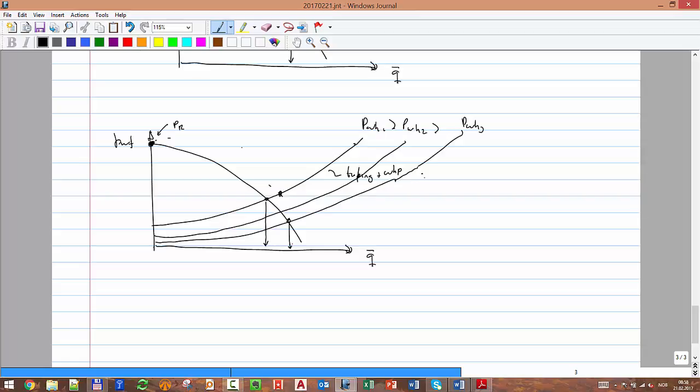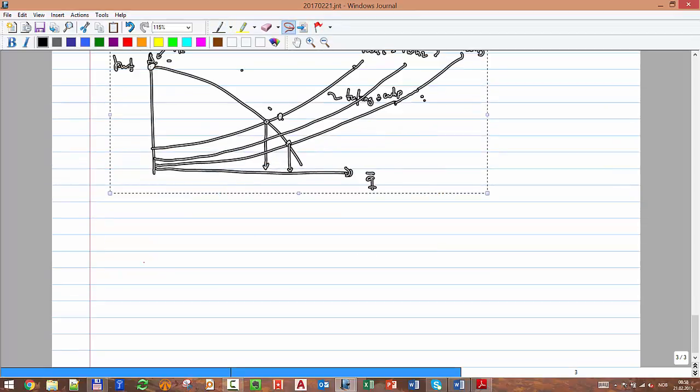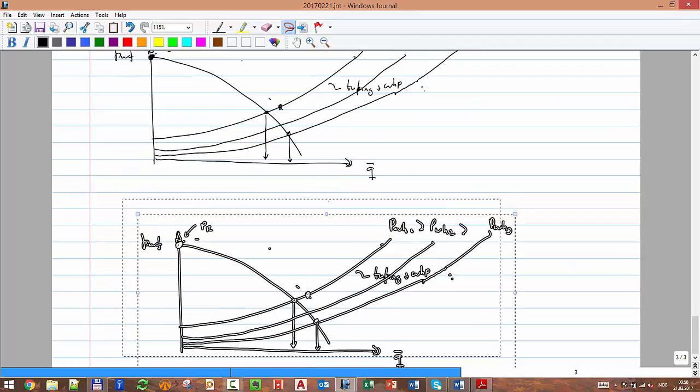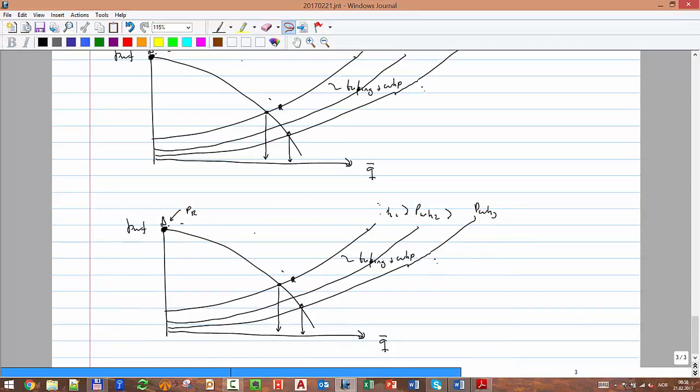What else can I make? I can increase the diameter of the tubing, right? If I make the tubing bigger. Okay, that will be tubing 1, 2, and 3, and 3 is bigger than 2, bigger than 1, and that's tubing diameter. Okay, changing the tubing is a big operation, but can be done if you justify how much more extra you're going to gain by